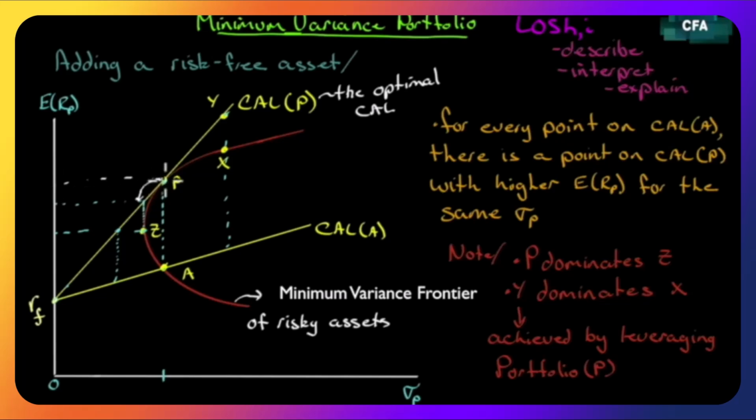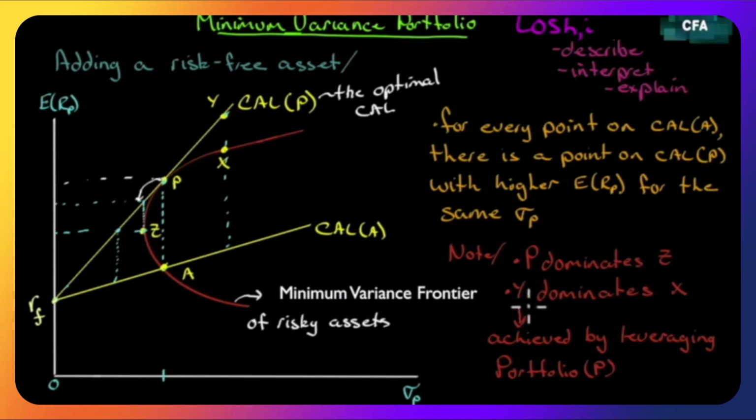Remember, we started at P. We add the risk-free asset. We're going to get lower return and lower risk, but that lower risk brings us to a better situation than we could if we just chose Z. So combining a risk-free asset and a riskier portfolio further up the efficient frontier allows us to replicate what we could get with Z as far as variance, but with a higher return. So P dominates Z when we include the risk-free asset.